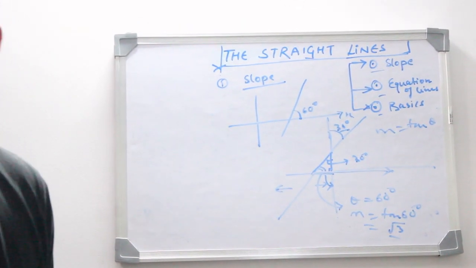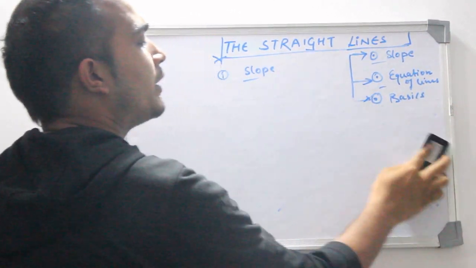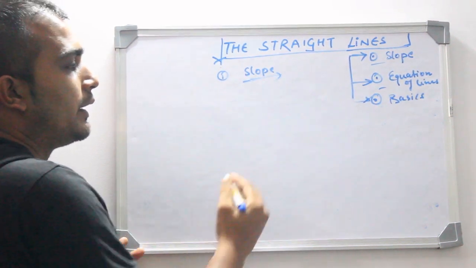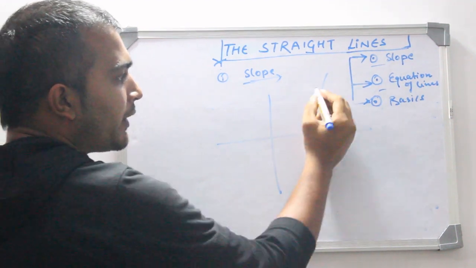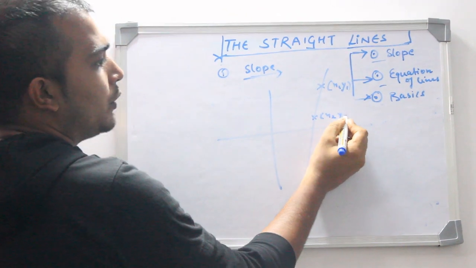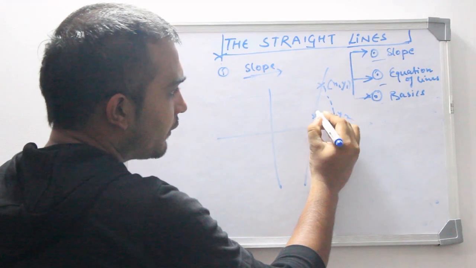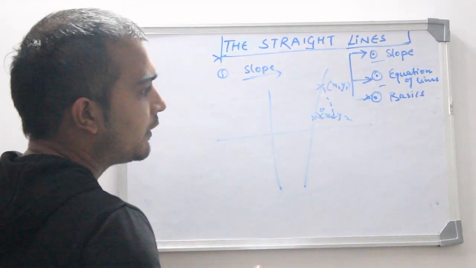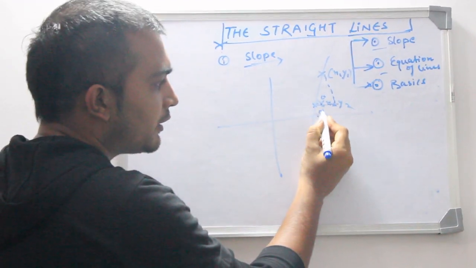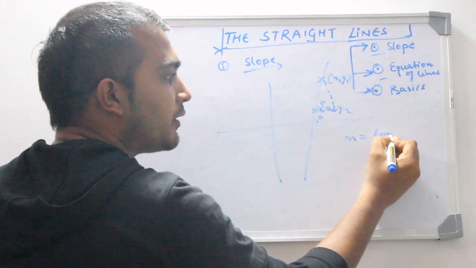So these are three types of questions pertaining to the angle which the line makes with any axis, and you shall be able to find out the slope. Another way is you will be given 2 points, say x1, y1 and x2, y2. When you have 2 points, just join them, and this is the theta. Now this theta and this theta are going to be the same, corresponding angles. This is nothing but the theta which the line makes with the positive x-axis. So we have to find out the slope, which is nothing but tan theta.